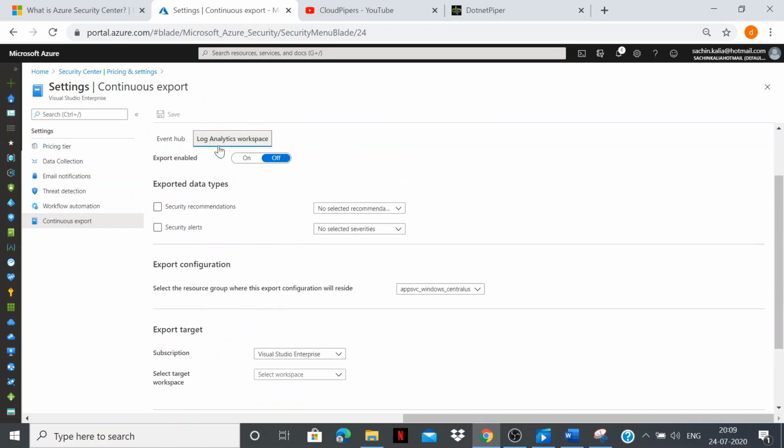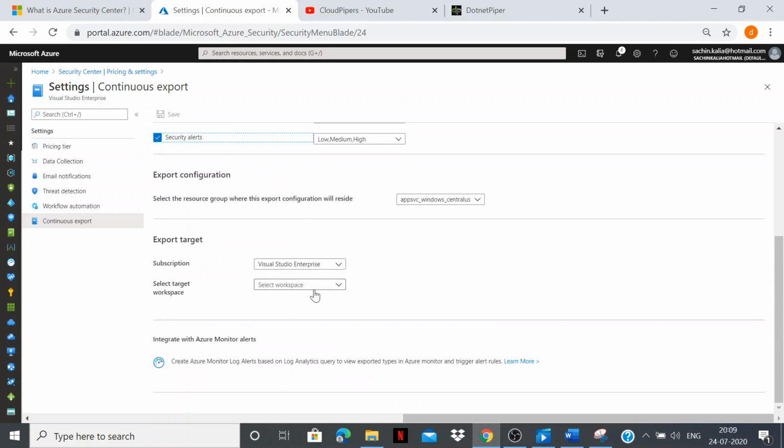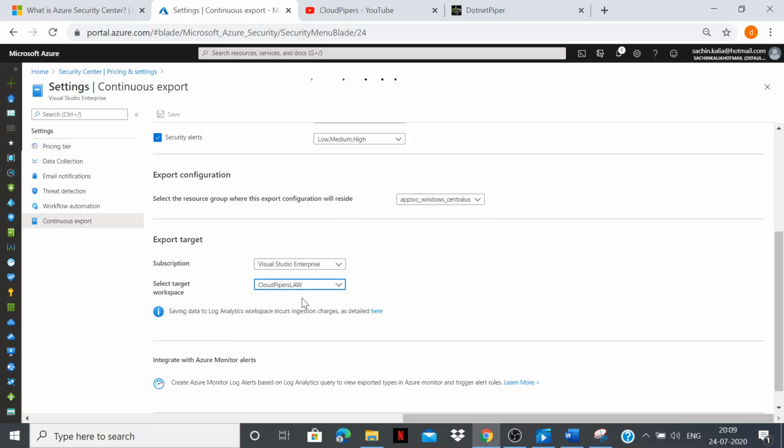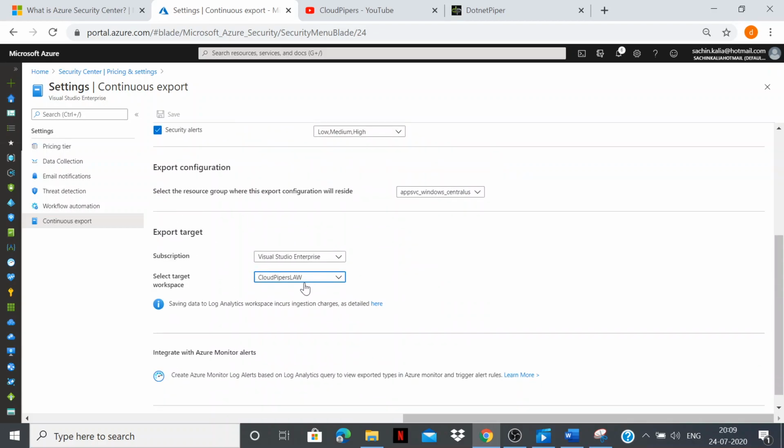Here on the other side, we do have the Log Analytics workspace. The same way, you can opt for security recommendations and security alerts, right? And here we do have our CloudPipers log. So this is how you can continuously start transmitting all this information towards the Log Analytics workspace, where you can perform